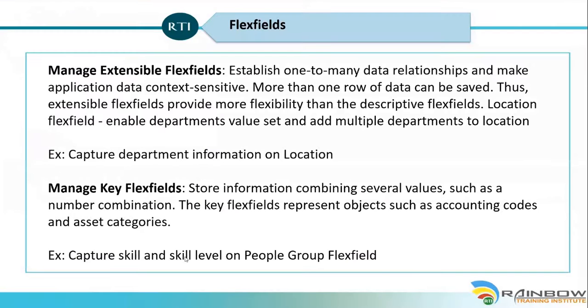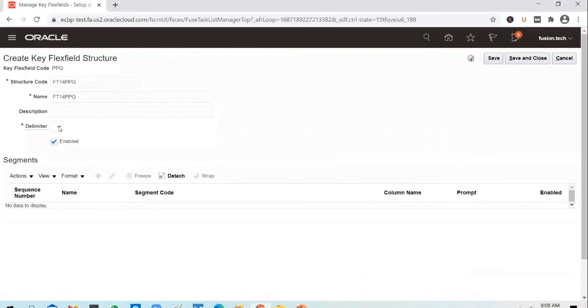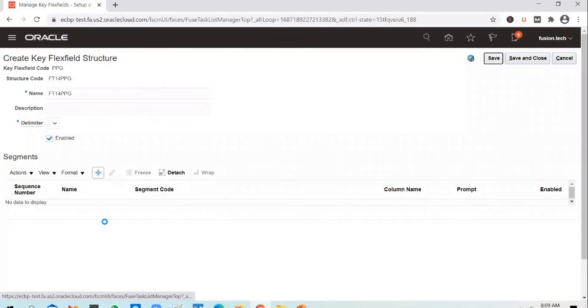We're going to enable a couple of segments, right? Skill and skill level. What do you want to separate those two values? What do you want to use as a delimiter? Is it a dot? Is it a hyphen? Or is it something else that you want to use? So you can pick the one of your choice, but we go with a dot in the session. So if you enable a couple of segments, skill and skill level, as and when you enter values in those two segments, those will be delimited by this particular value. And you go ahead and save it to see this plus symbol enabled.